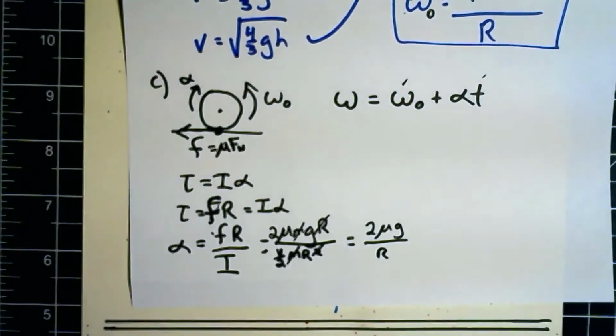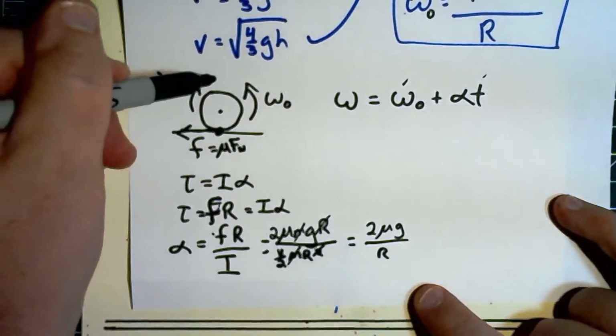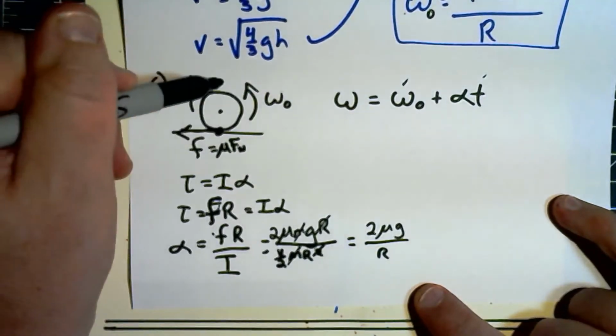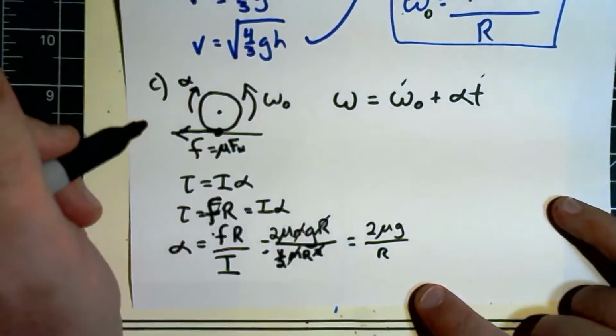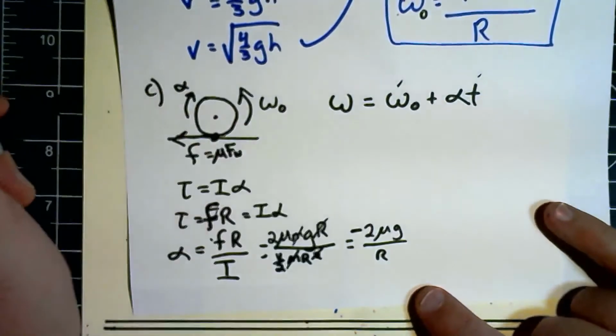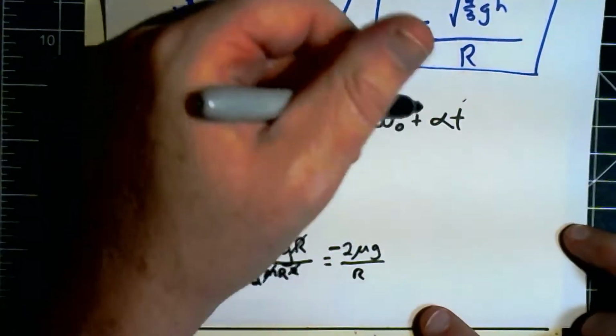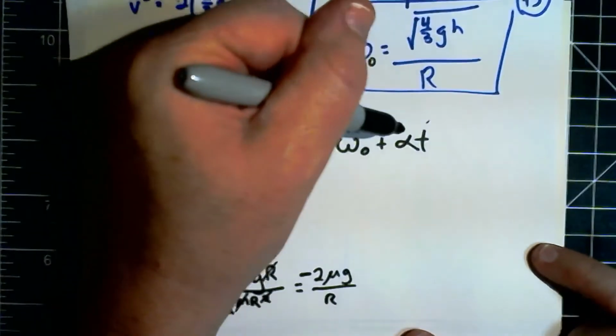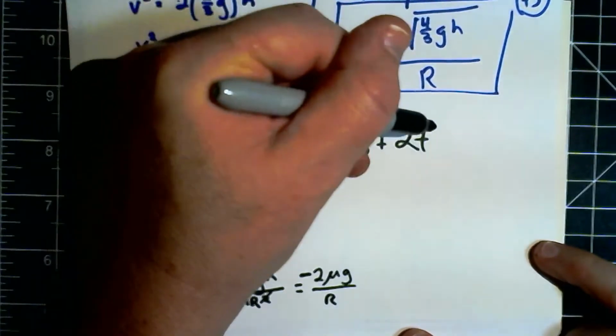Okay. Now because it's causing it to decelerate, in fact if you look at the direction of that acceleration, that's in a clockwise direction, that makes this value negative. So we're going to make this a negative value for the acceleration. So now all I need to do is substitute in for omega naught, alpha, and of course t is the